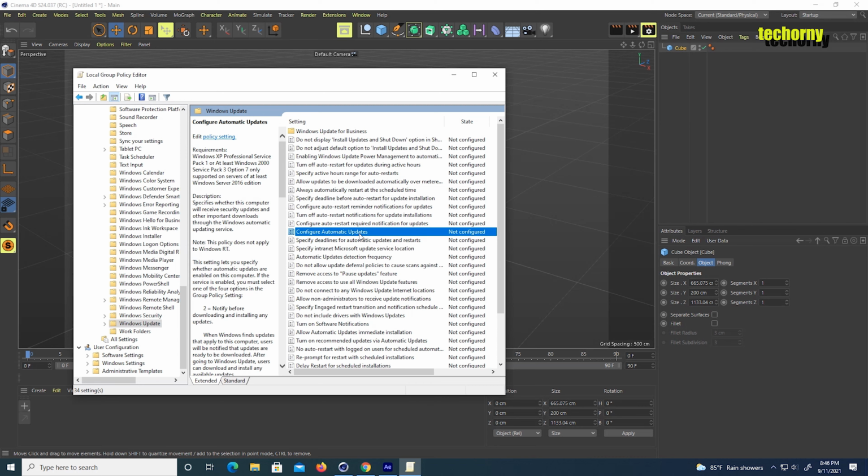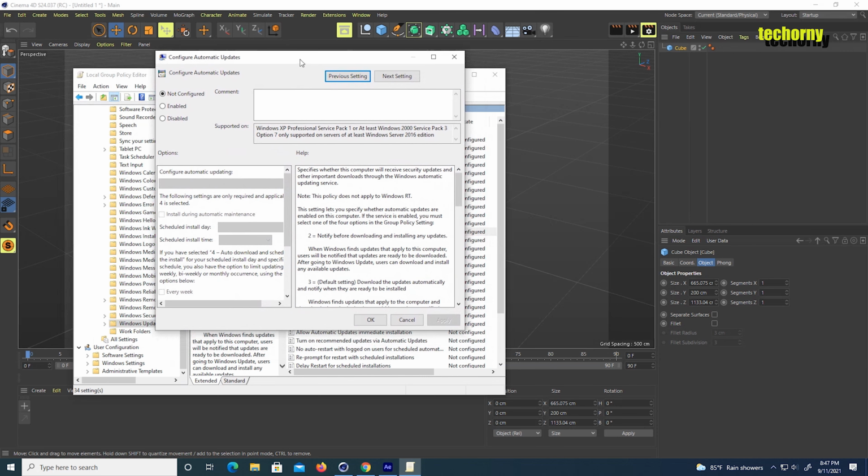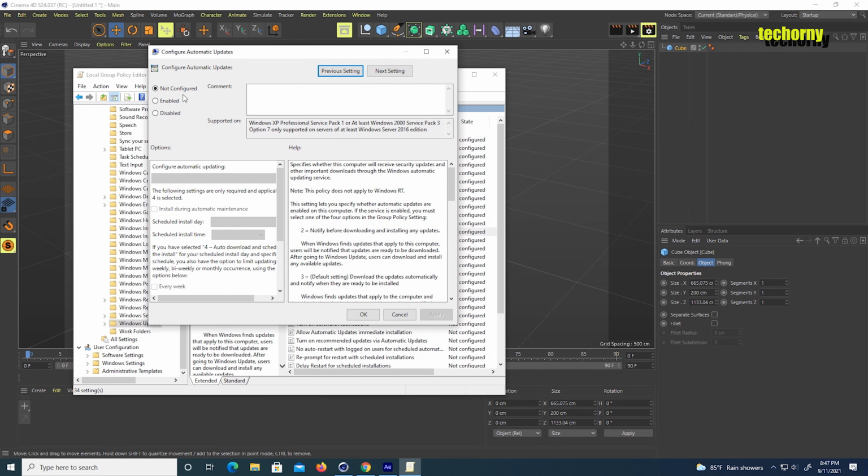Automatic Updates. Double click on it and it will open this window, and here, Configure Automatic Updates is not configured currently, and you can either enable or disable it. What we want to do right now is to disable it, so I choose this option and hit the Apply button here,